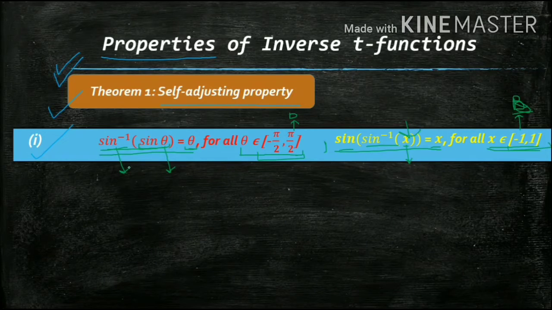Okay, so whenever this type of question comes, compute sine inverse of sine of this angle or sine of sine inverse of this angle, you just need to check whether that belongs to this region or not. If sine inverse is outside, you need to check whether the inside sine belongs to minus pi by 2 to pi by 2 closed or not. And if sine inverse is inside, then it must belong to the closed interval minus 1 comma 1.